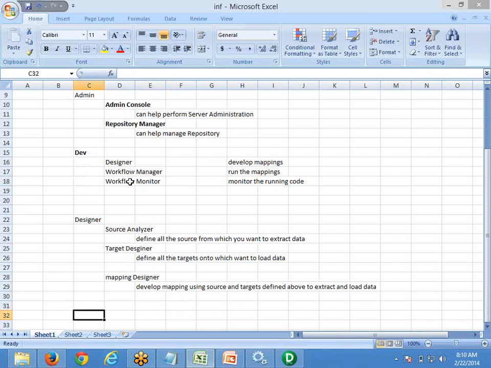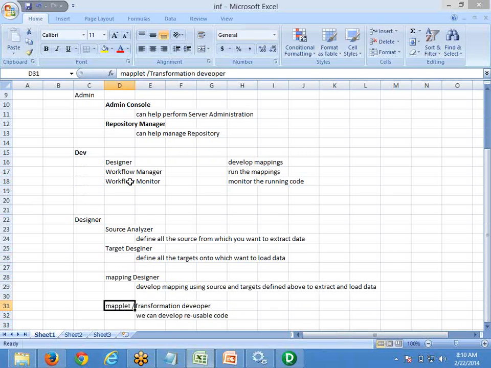Additionally, we have two more components, which are called Mapplet Designer and Transformation Developer.